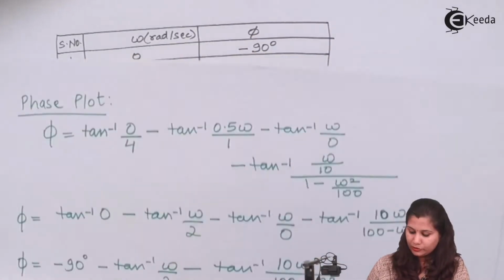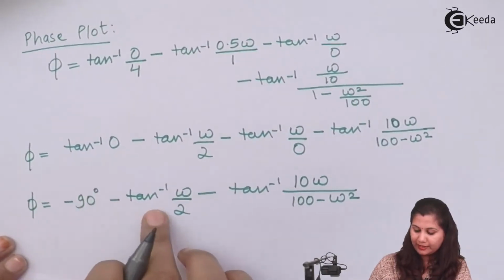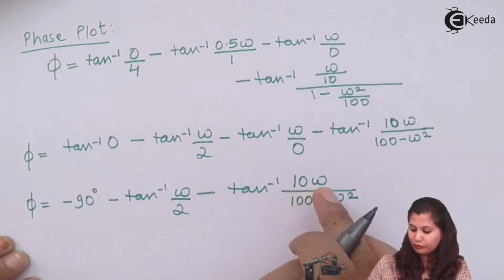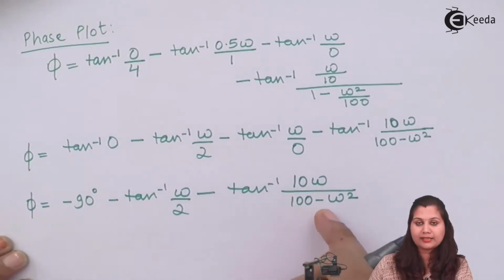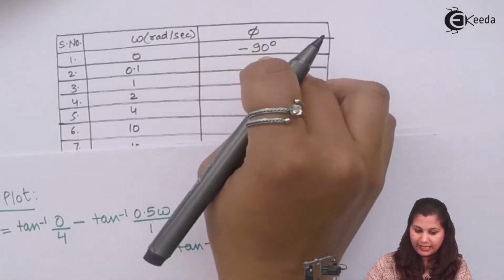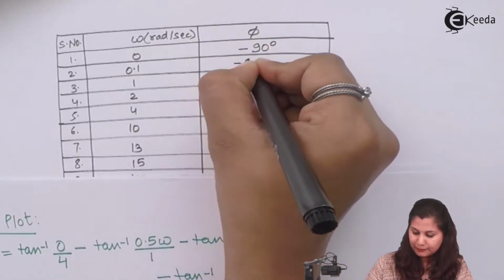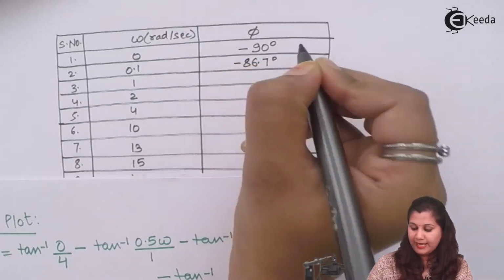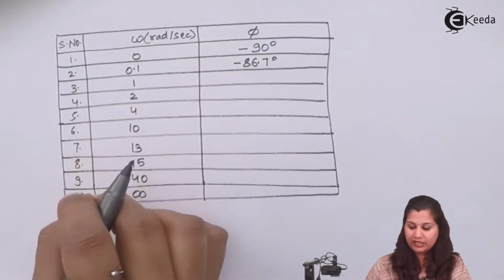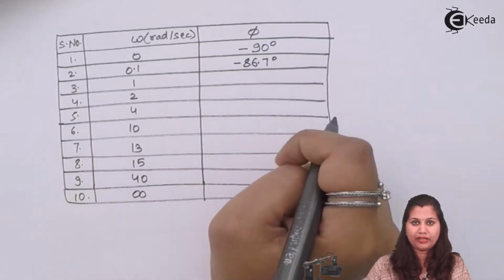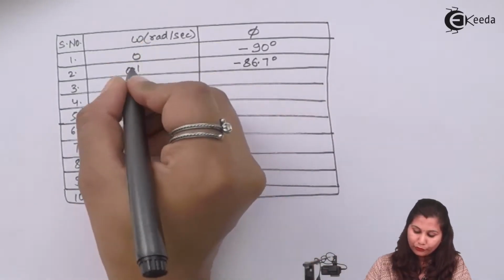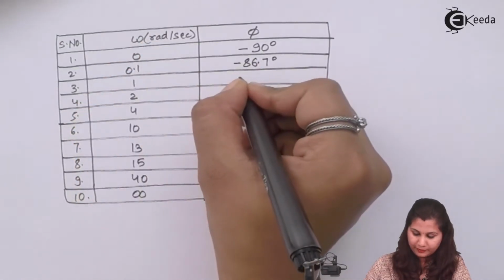Then 0.1. So it will be minus 90 minus tan inverse of 0.1 by 2 minus tan inverse of 10 into 0.1 upon 100 minus 0.1 square. So when we solve this, we will get the phase angle as minus 86.7 degrees. Similarly, we are going to put different values for omega and then we will calculate the phase angle. I'm directly writing the values here. So for omega equals to 1, we will have here